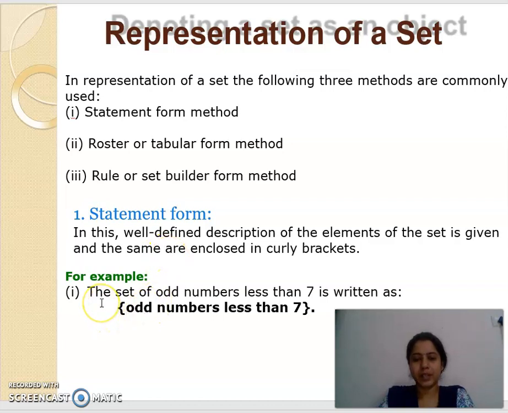For example, the set of odd numbers less than 7. The description, odd numbers less than 7, is placed within the brackets. This is the statement representation of a set.